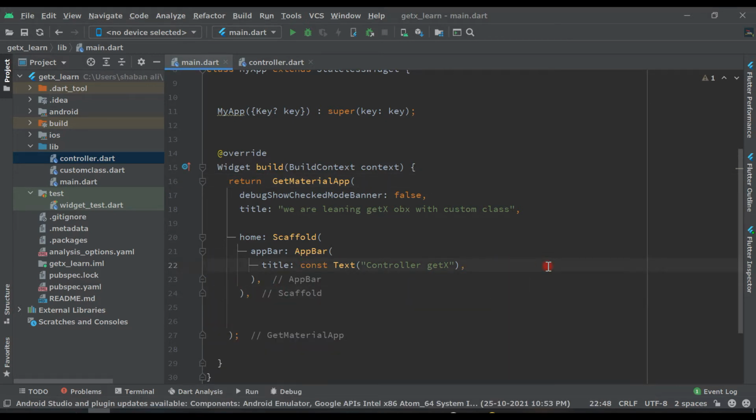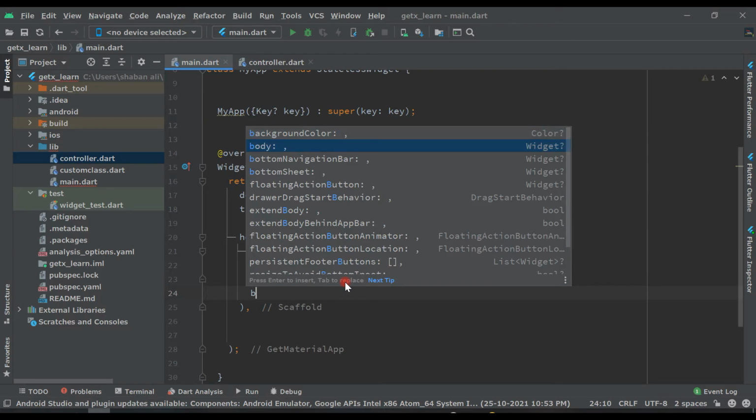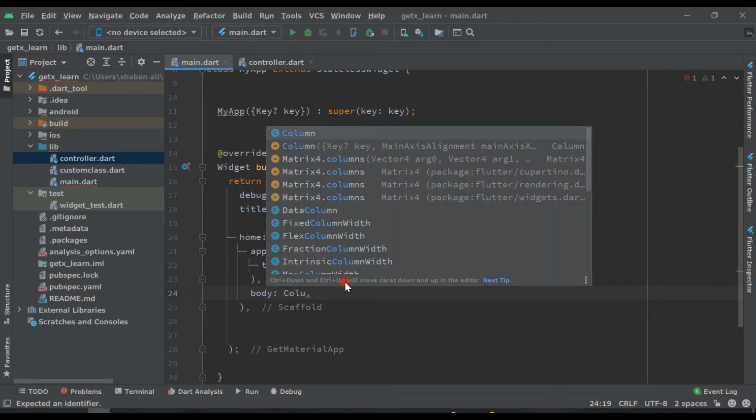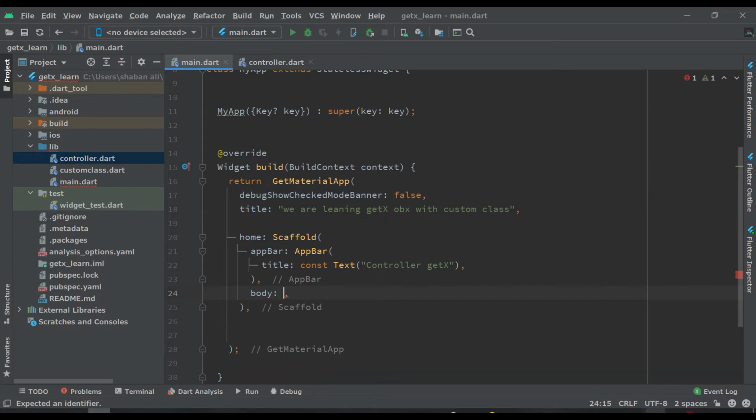Now okay, and after this app bar we have to say body. Inside this body, let's say center first.